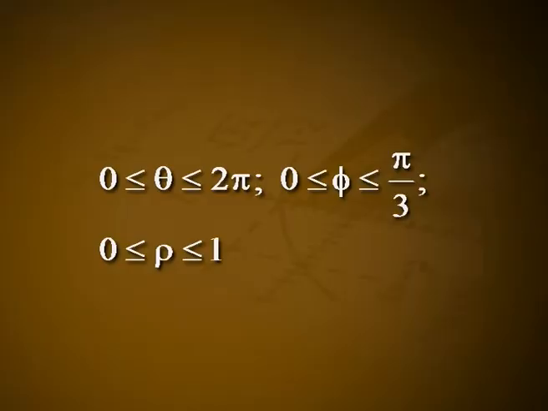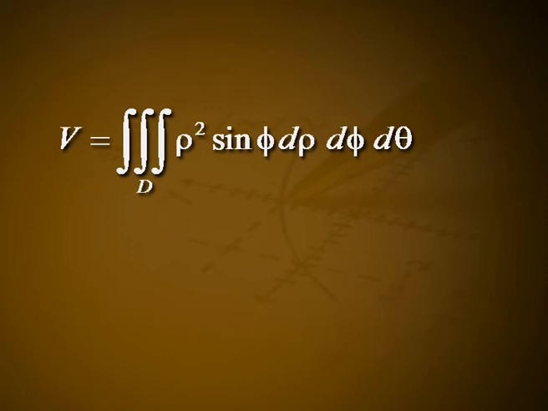For any given theta, the angle phi can run from phi equal to 0 to phi equal to pi by 3. The theta limits of integration. The ray L sweeps over R as theta runs from 0 to 2 pi. Hence, the region of integration is 0 less than or equal to theta less than or equal to 2 pi, 0 less than or equal to phi less than or equal to pi by 3, 0 less than or equal to rho less than or equal to 1, and the volume is V equals triple integral over D